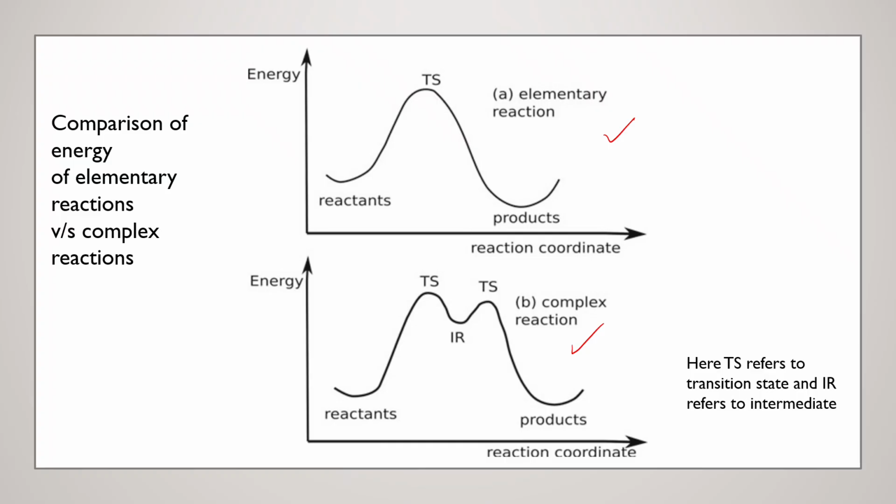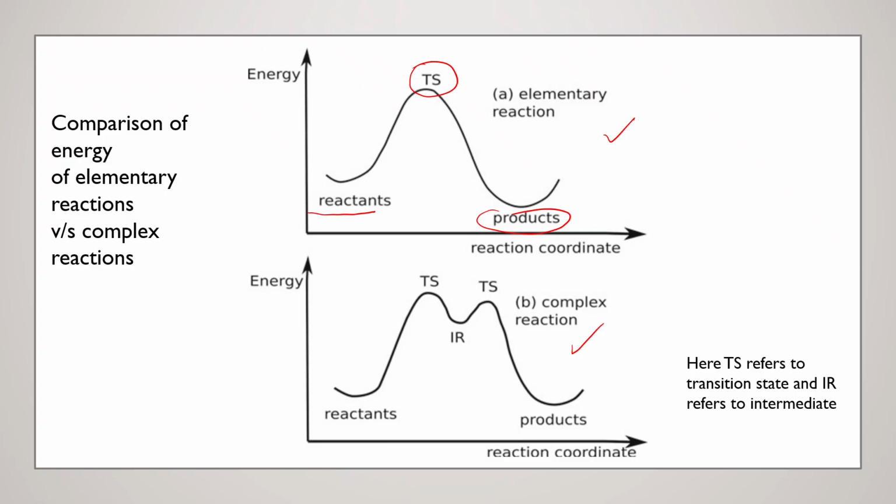All right. I believe the first observation that you have made here is that an elementary reaction, as the name itself suggests, happens in a single step. In that single step, the reactants change to products via the formation of a transition state, which is a very unstable entity and cannot be isolated in a reaction. Whereas when we observe